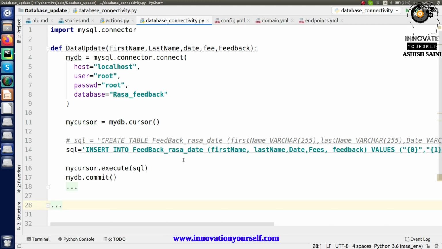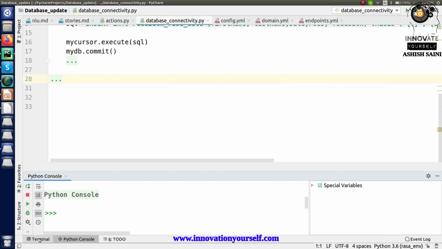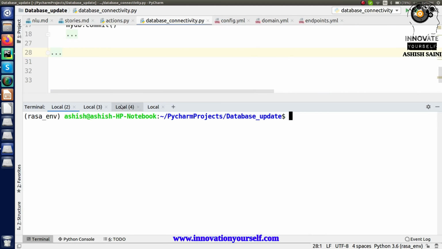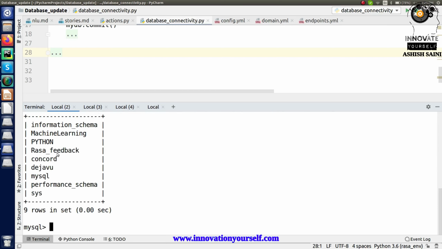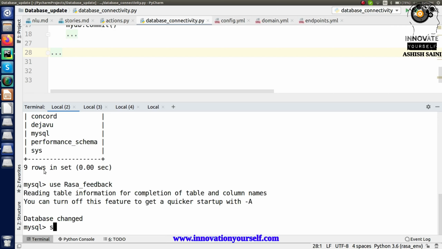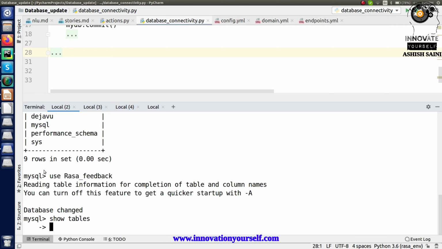In today's session, I'm going to take a very simple example, and let me explain that part by showing it. For that, I'm going to open my MySQL, which I have already shown you in one of my previous sessions as well. Let me just open it and let's see. Here we are using this database, so just use this, and now check for the tables.